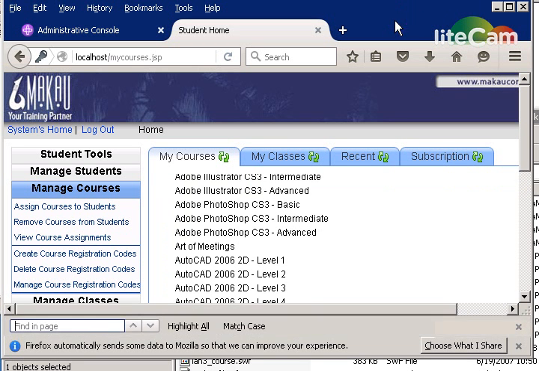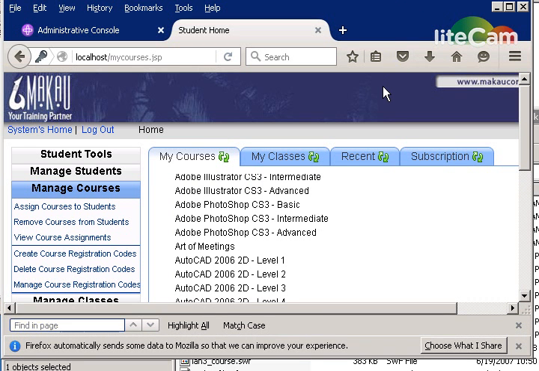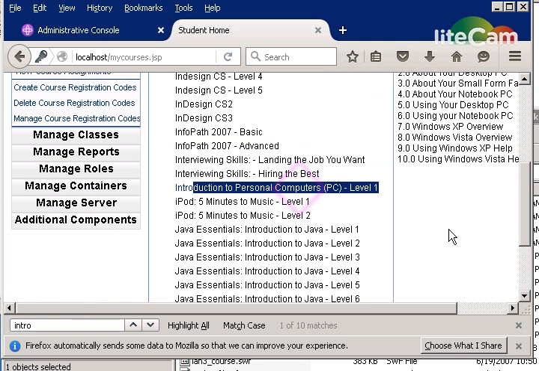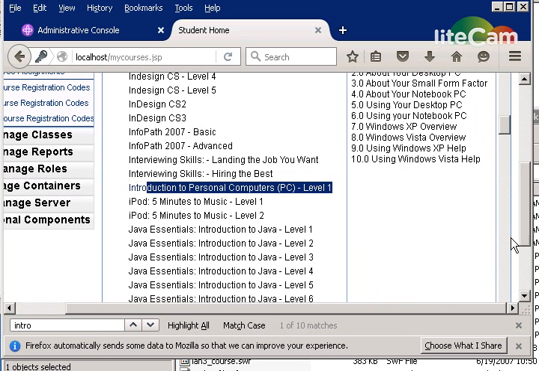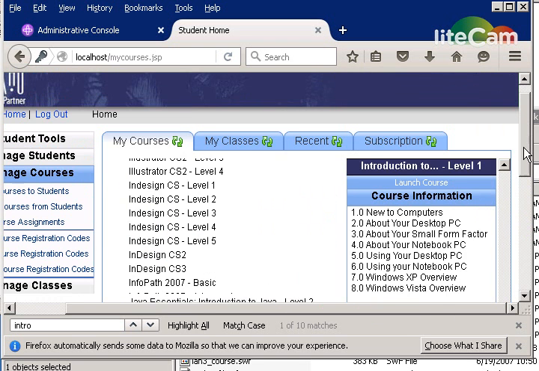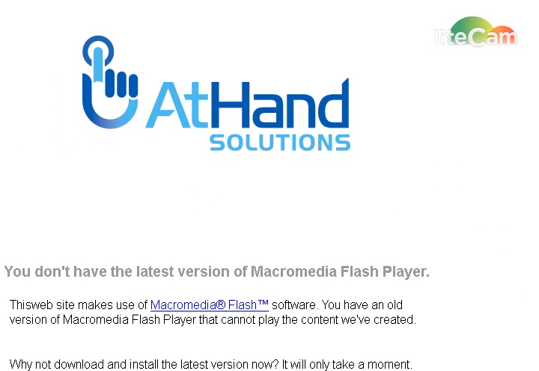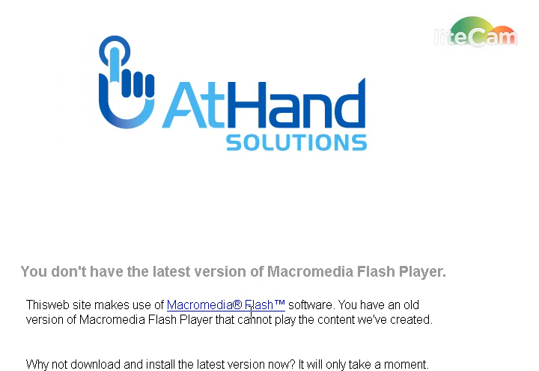Maybe my browser can help me. If I go intro, I bet that was there all along and I just didn't look for the longer name. And I'm going to select launch course, and it launches in a larger window. It says I don't have the latest version of Macromedia Flash Player. That's true on my server. This won't be true on my